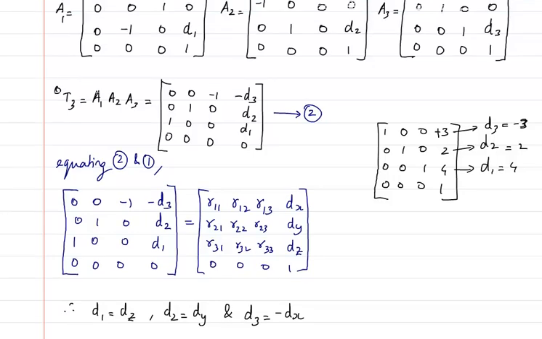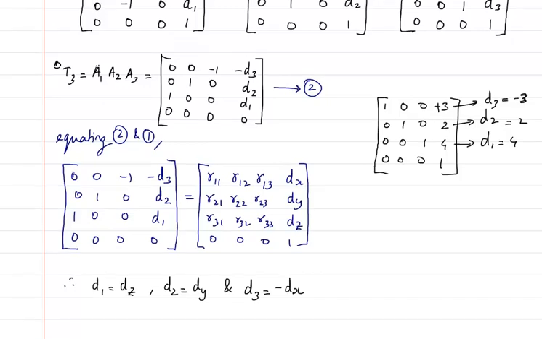So what is the meaning of the inverse parameter? It means that if you want to position the end effector in dx, dy, dz in this direction, you have to give these particular values. So you have to give d3 a movement of -3, d2 a movement of 2, and d1 a movement of 4 for this particular example. This is a general one that we have done.